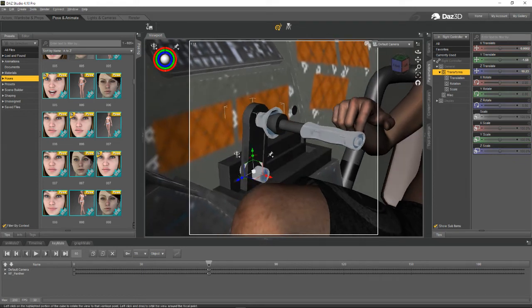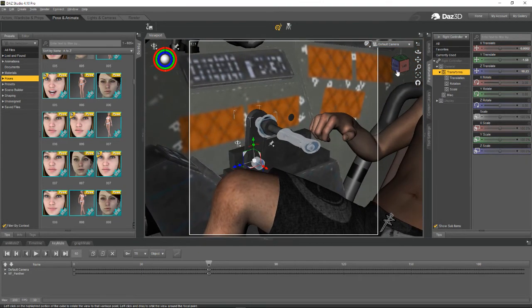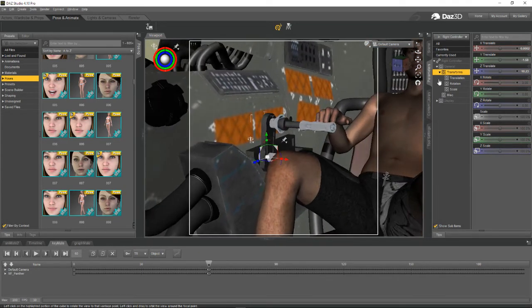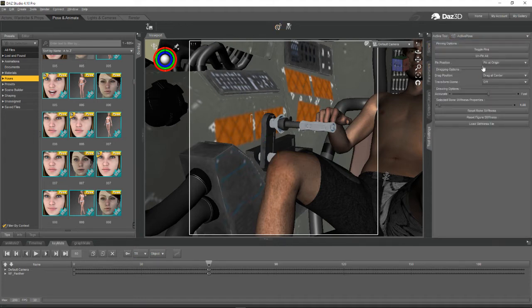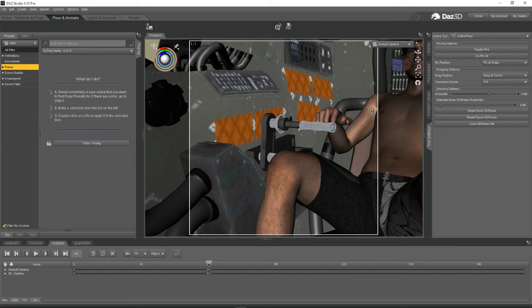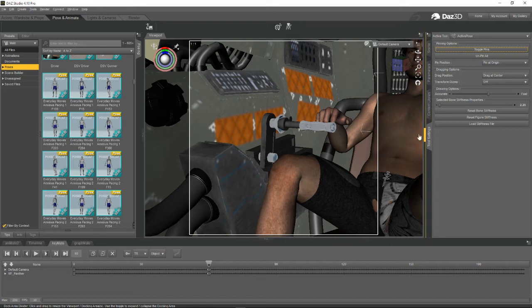So then what I would do is I need to pull his arm forward. So I'm going to go back to my active pose tool. Select the Genesis 2 male. I'm actually going to select his chest and pin that in place. And then